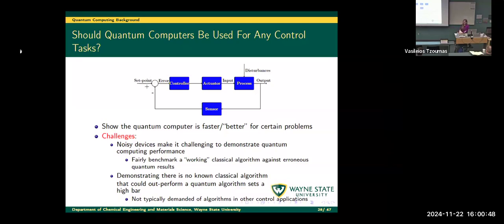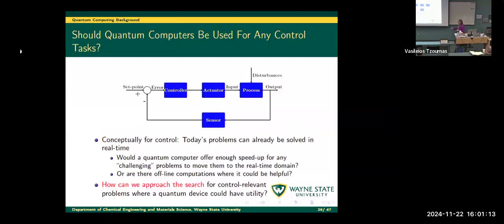Well, if you want to do theory of when is one algorithm better than another, then you actually have to demonstrate that there is no known classical algorithm that could outperform your quantum algorithm. And that's really a high bar. And I would say in general in control engineering, that's not actually the bar that we put on most of our applications. Usually when we say, what's the best way of solving my problem, we would solve it several ways and say, this one was the best among the ones I tested,